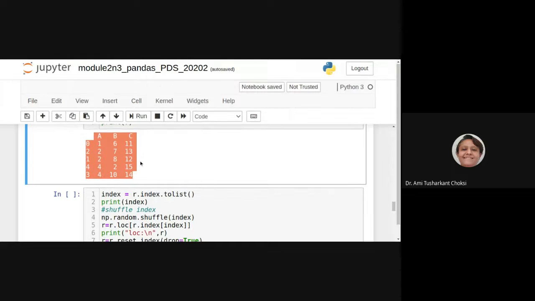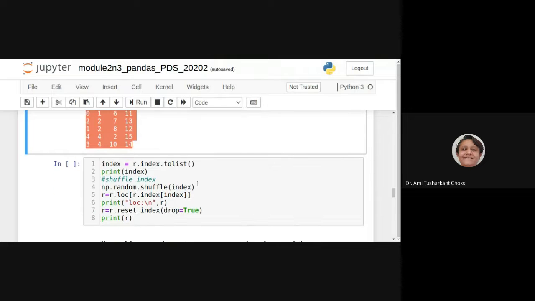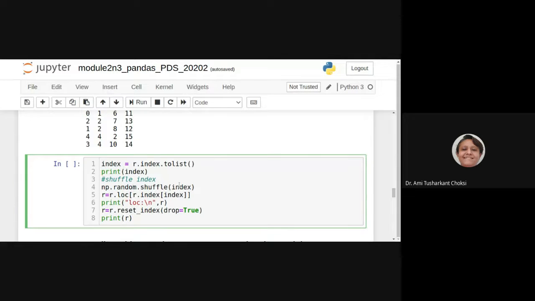We are getting the index of it, and we are printing it as a list, so we can have an idea of what index values are available. Now, np.random.shuffle(index). We are printing the index because we want to see it, and we want to shuffle this data frame.